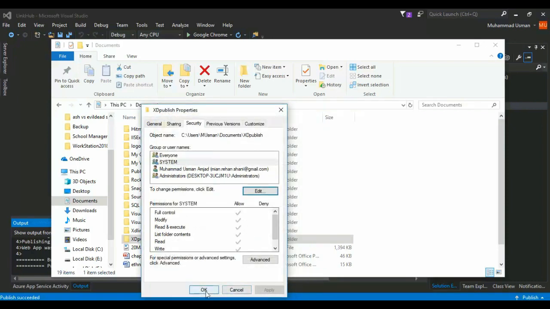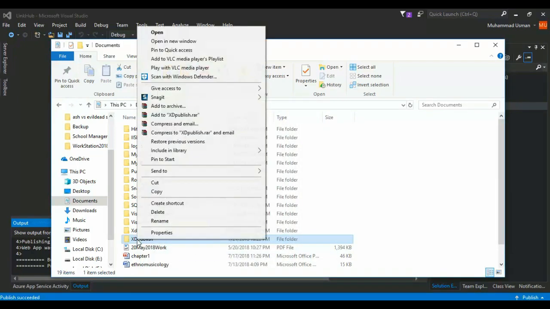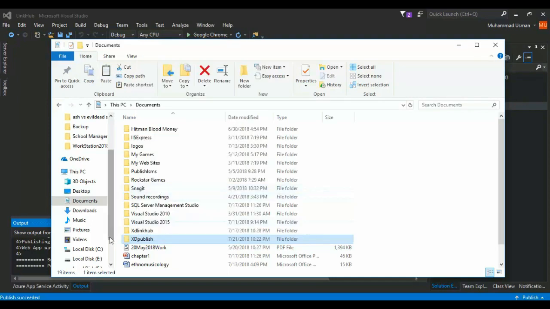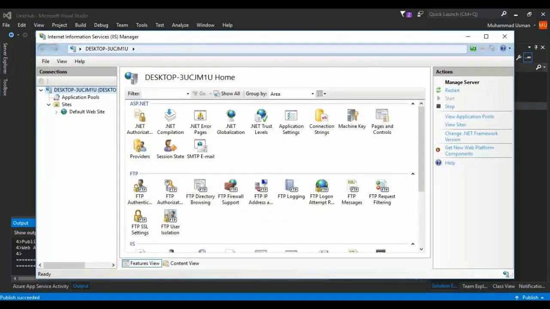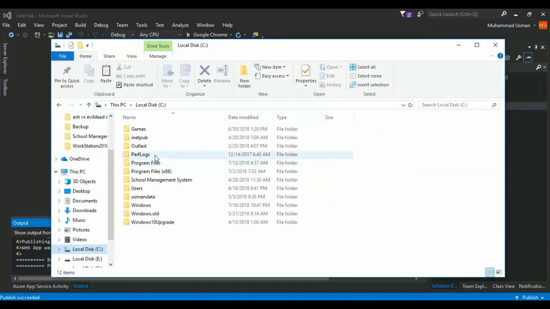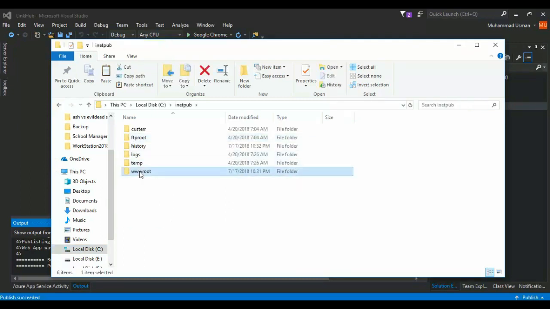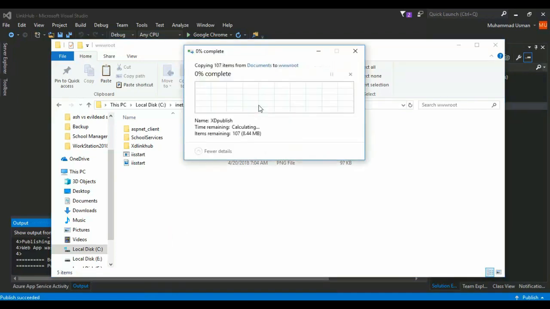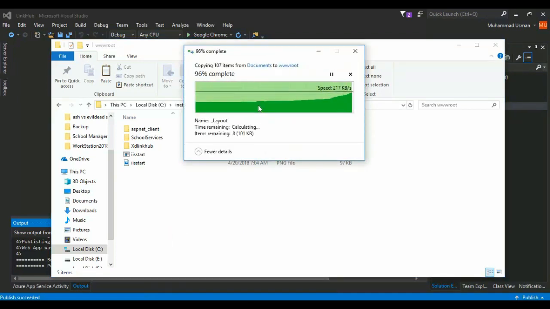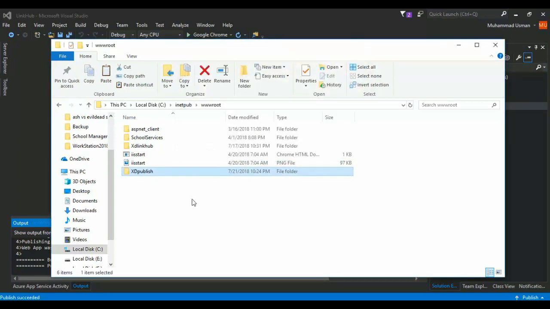Click OK. So next thing, just copy this folder, go to your C drive, to the main directory of your Internet Information Services, which is in inetpub and wwwroot. Here I'm going to paste my folder. Okay, I'll just give permission, continue. So after pasting your folder here and giving permission to this folder, I'm going to